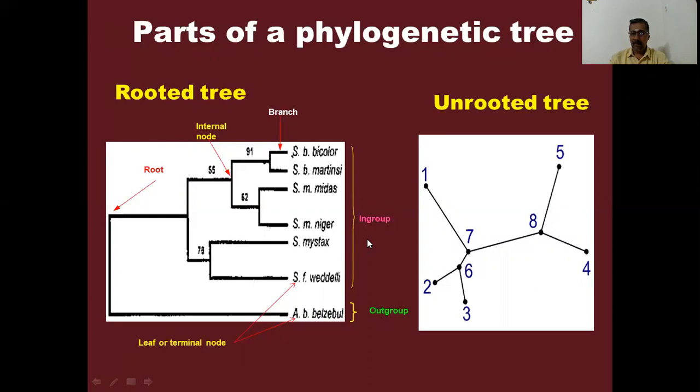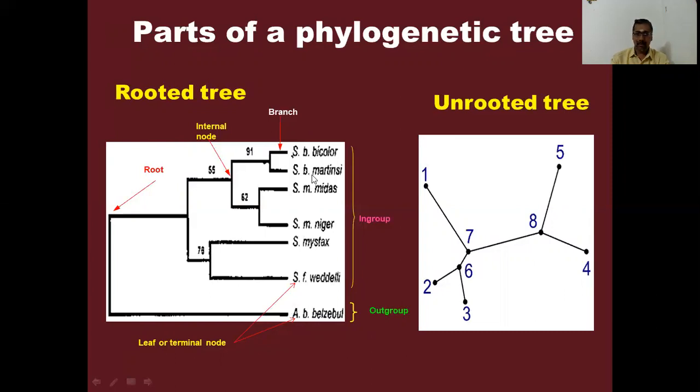In group means the most closely related species. Out group means it belongs to one particular genus, but most of the properties are not shared with the other species of that genus. Now here you can see it is a little bit different. Here we have taken a different species. This species is in no way concerned with Saccharomyces. Among Saccharomyces, you can see these two species are divergent.